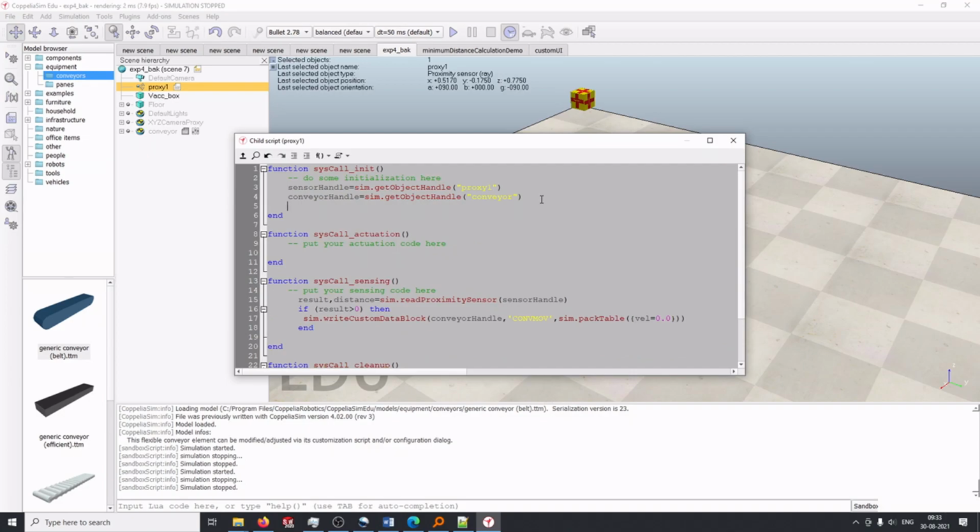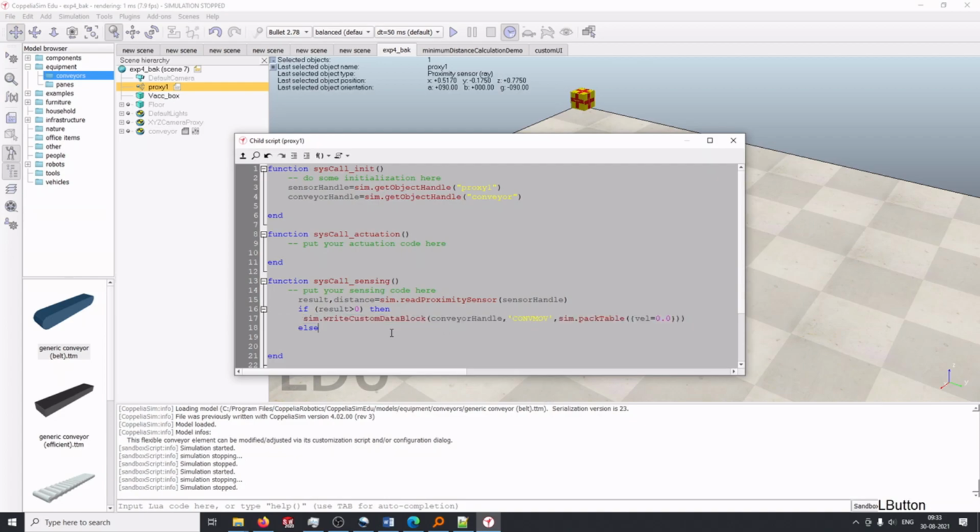We add, basically, let's see. Here what we have written is, if there's a result coming up, then you stop the conveyor belt. But if there's no result, it should move, right? So after the if, we also have to add else.